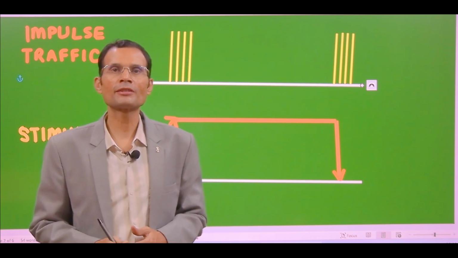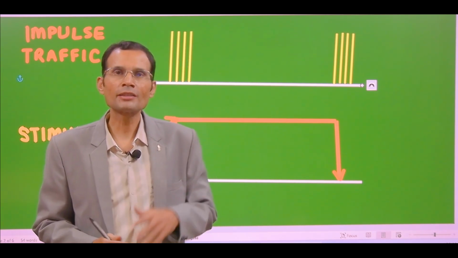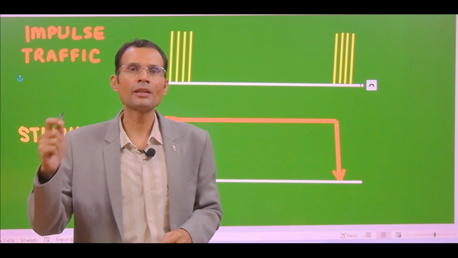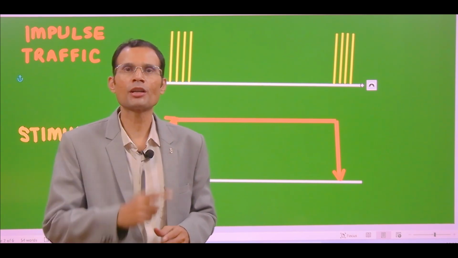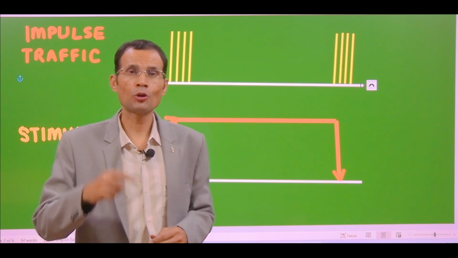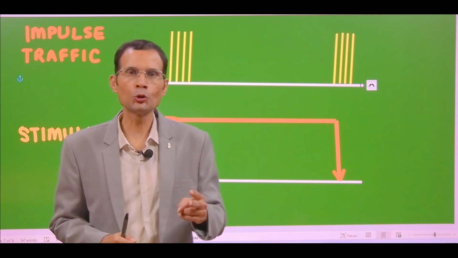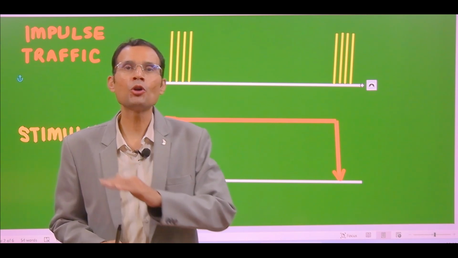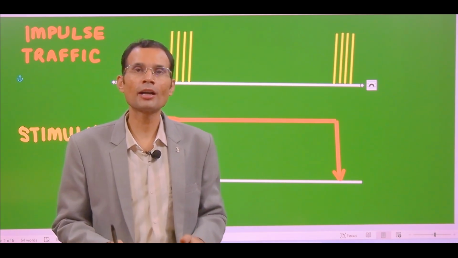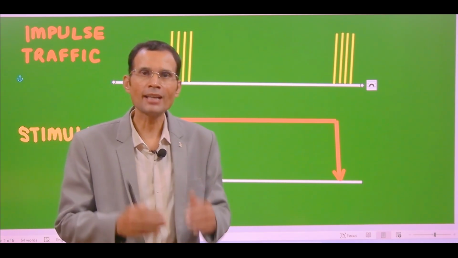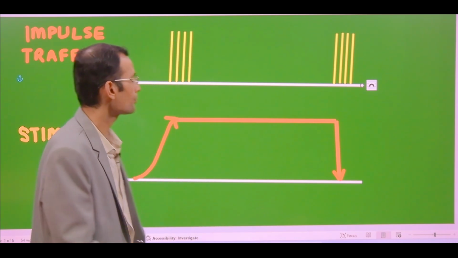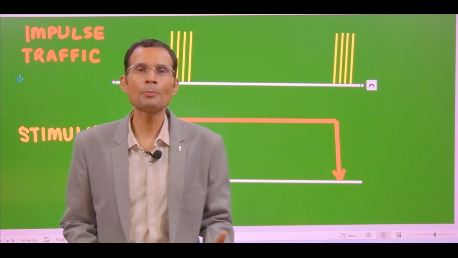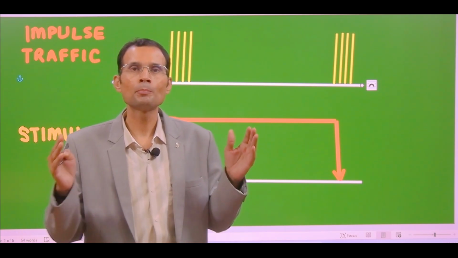Based on this property of receptors in the sensory system, there are three types of receptors. One, the rapidly adapting receptors. They adapt very quickly to the stimulus. They are also called phasic receptors. Two, slowly adapting receptors. And three, non-adapting receptors, also called tonic receptors. Now let's have a look at them one by one. At the end of the video, I'm going to give you an example of all three receptors put into effect